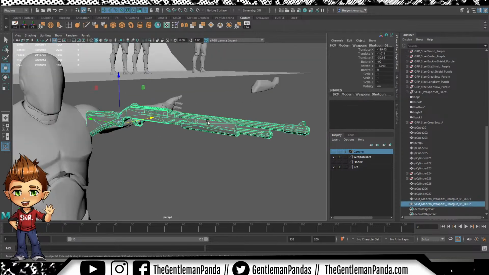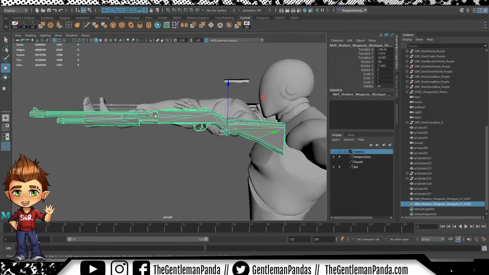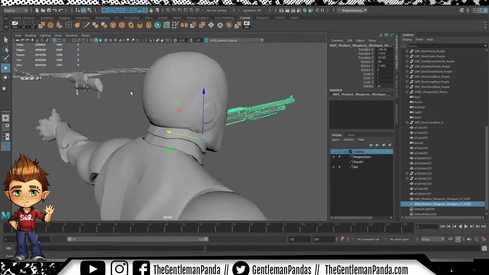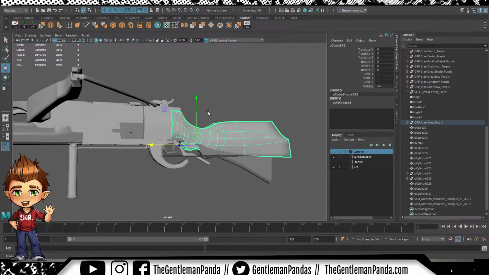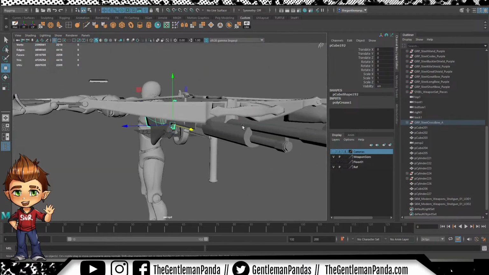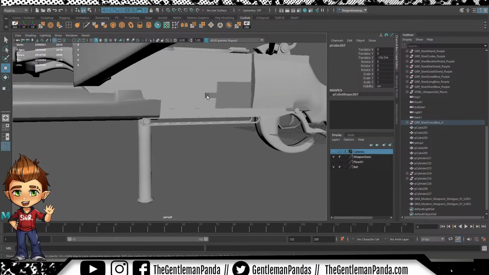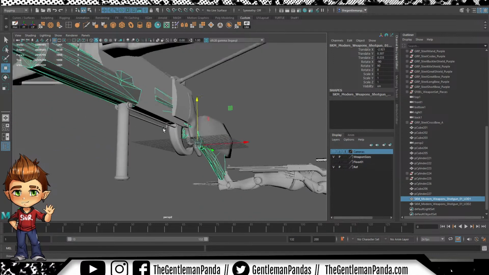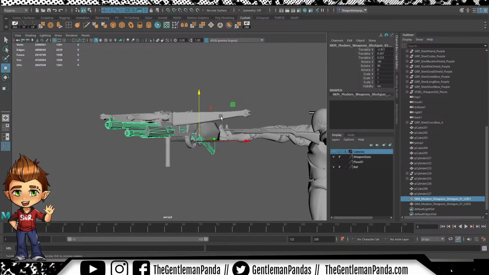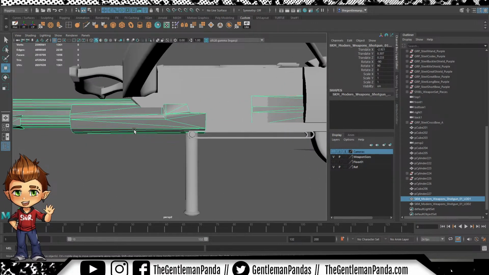So this is what I was talking about. We've got our modern day standard hunting shotgun, and then we've got our stylized medieval mechanical crossbow, and we're going to try to somewhat match the proportions between the two models to make sure they fit the human proportions of our character. Now, the good thing that I can see right off the bat here